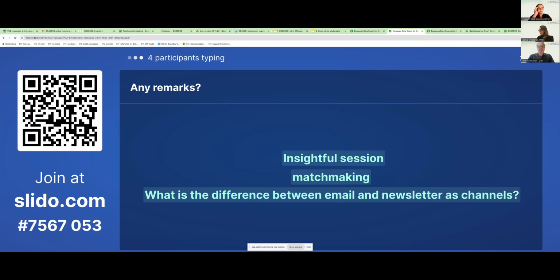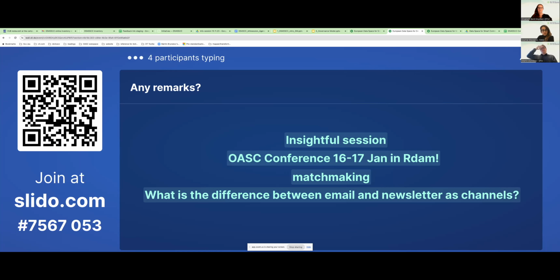Difference between email and newsletter. The newsletter is more of a periodic update that we do, and the email is mostly invitations. We usually have the stakeholder forum workshops, for example, and those go out in emails.